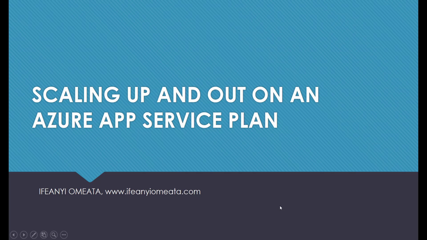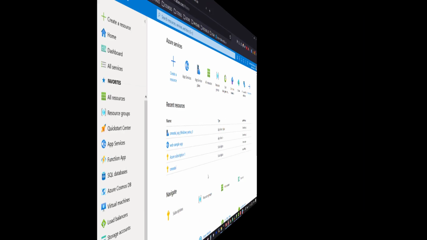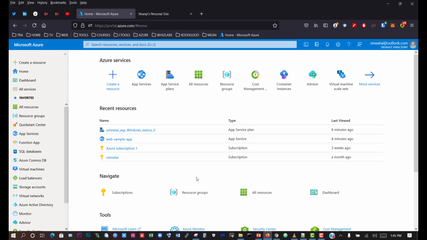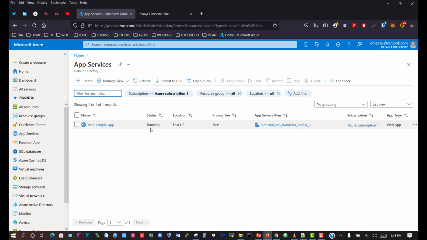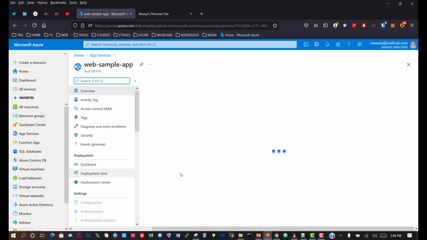Hi, so we're going to see how to scale up and out on an Azure App Service plan. So let's see how to do that. We're back on the Azure portal and we need to go back to our web app. So we'll go to the app services and we have our app still running. So we're going to click on it